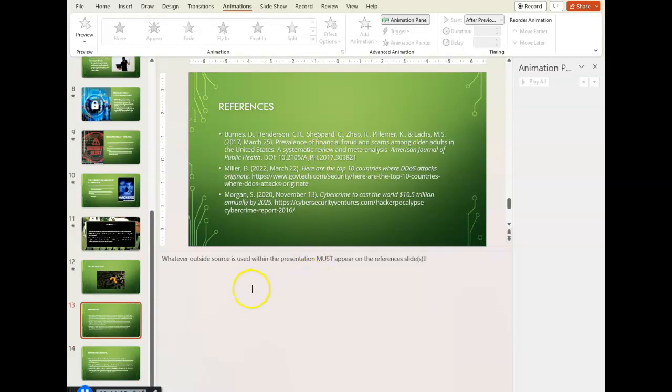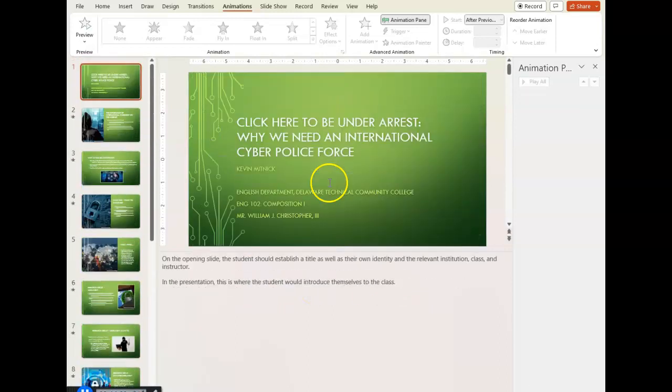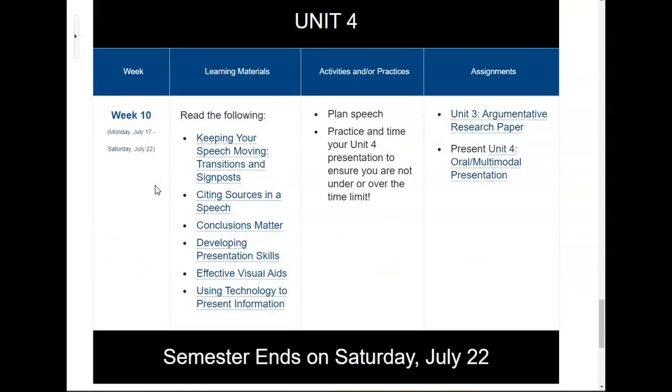Okay? So make sure you take a look at the slides. Make sure you take a look at the notes. And then go through it. Make sure if you have any questions, please stop me and ask. So taking a look back down here in Unit 4, Week 10, just make sure that you follow the presentation exactly. Make sure that you give me your ethos. Make sure your thesis statement's there. Make sure all of that's in there, okay?